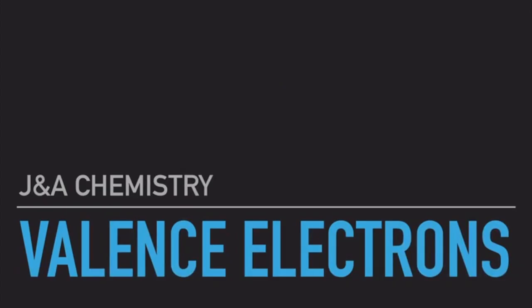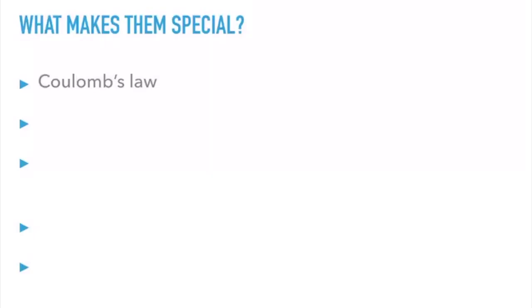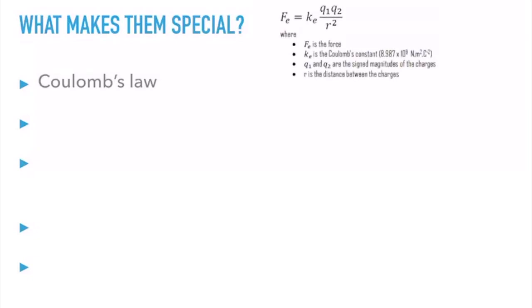Not all electrons are equally weighted, as the electrons in the outermost shell, or valence electrons, are critical in the properties of a given atom. This is due to the fact that all electrons are equally charged, but using Coulomb's Law, it can be seen that the outermost electrons face the least attractive force. This is because they are the furthest away and don't feel the positive charge of the nucleus as much as the core electrons do. So these are the electrons that are exchanged between different atoms and accordingly give the atom